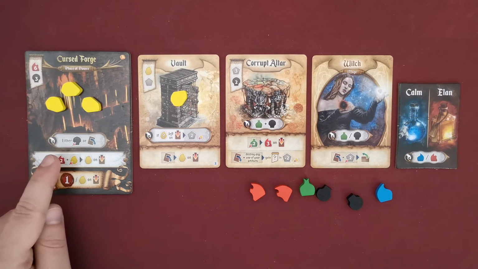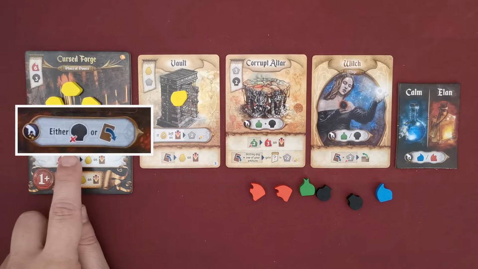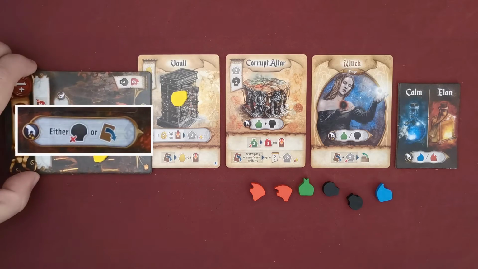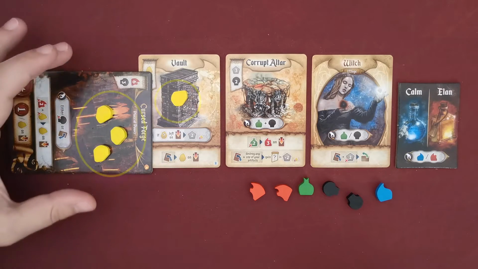Finally, there are some collection abilities that work negatively. For example, the Cursed Forge requires the player to pay 1 death essence, otherwise the player would have to turn this component. Finally, during the collect phase, players may take all essences from on top of any one or